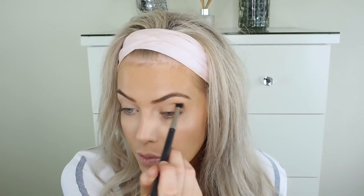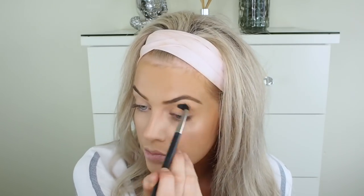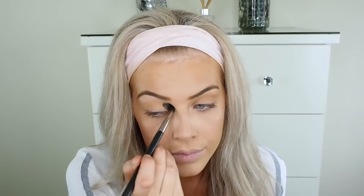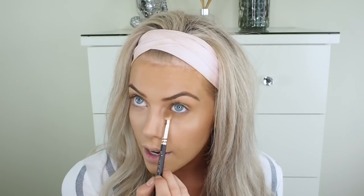But to begin the eye look, I am going to go back into this bronzer and the MAC 224 brush and apply this into my crease, so just back and forth like so. This will just help give your eyes a little bit of definition. Then I'm using a Zoeva 227 brush, using the same colour and applying that underneath my eyes. I always recommend applying even a medium tone shade underneath your eyes because it again